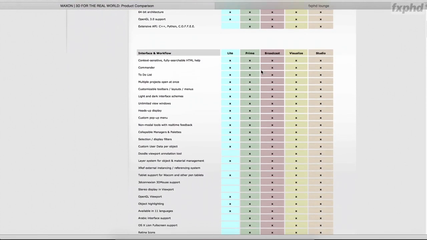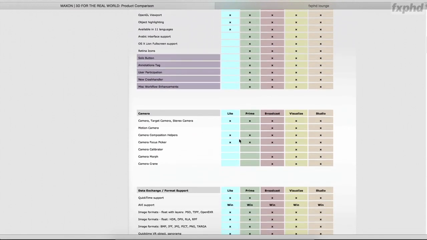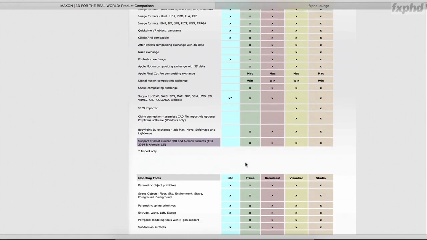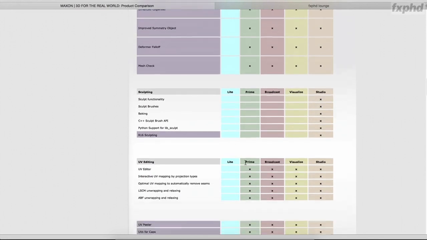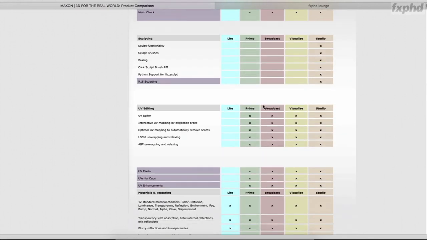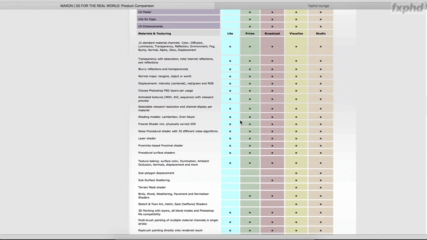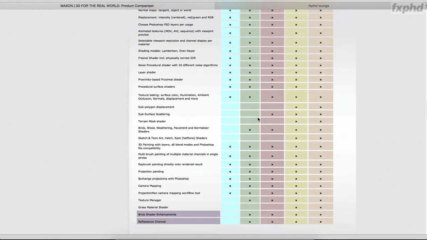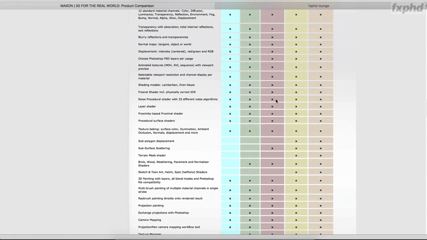And you go down the list and you can see Cinema 4D Lite is missing a few features. You get into the camera and Prime is missing some features. Further you go down, the more features start to disappear. Sculpting is only available in Studio. Material and texture, this is what's important here, because everything we're doing in the reflection channel, all the features are going to be available to everyone except for a handful. What are we missing here? Cinema 4D Lite